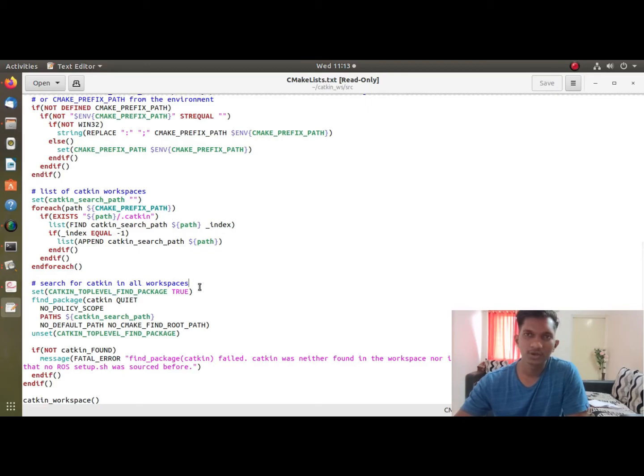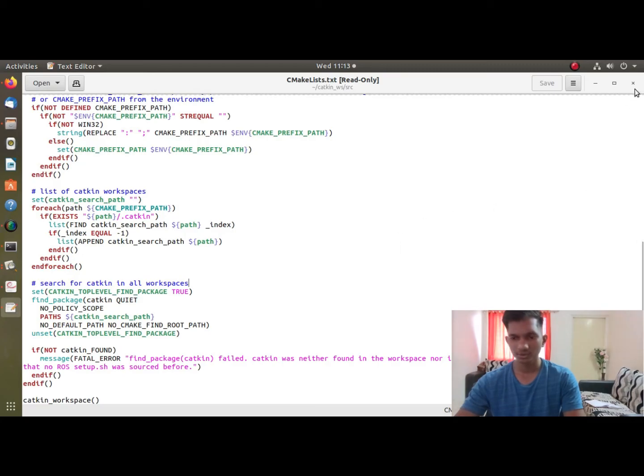Whenever you initialize any of your ROS packages, it will first find whether a package is present in your workspace, and if there is no package present, it will throw an error that no such package is found. So this is the main function of CMakeLists files.